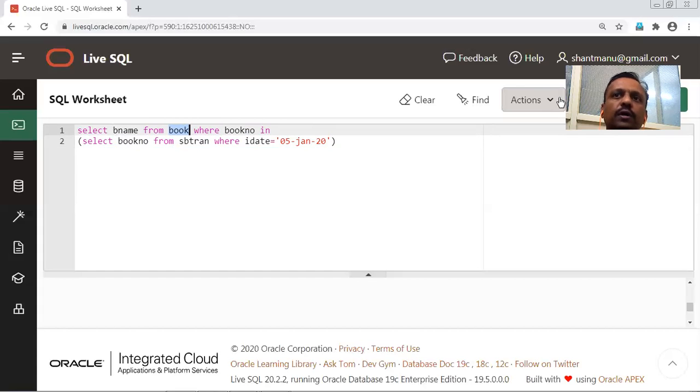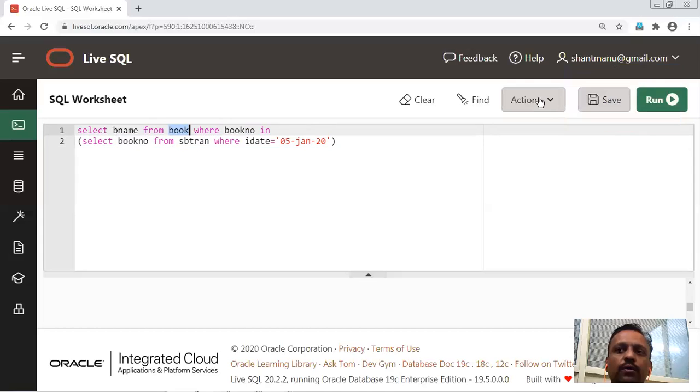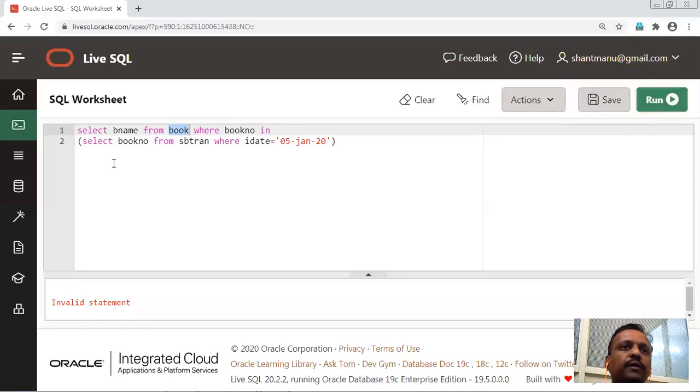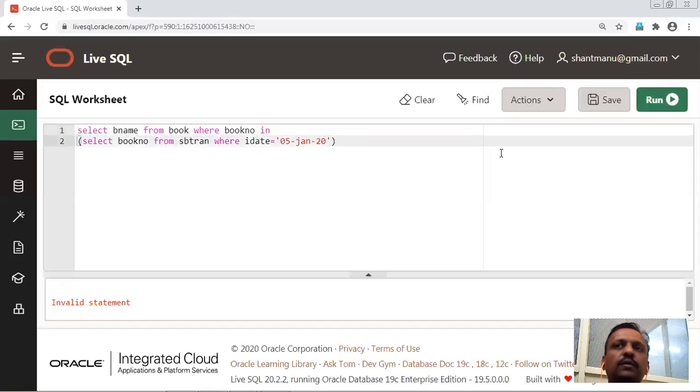Now execute it. Select book name from book where book number in select book number from SBTran where issue date equal to this one. Yes.